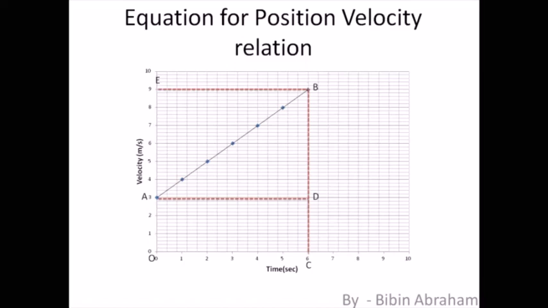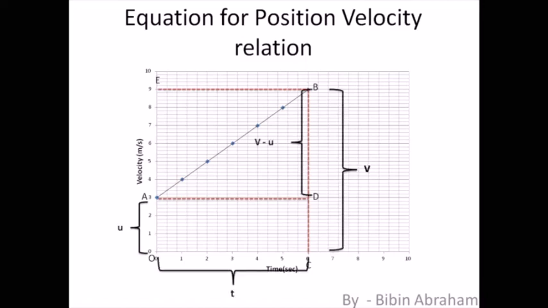I hope this is clear. AD or OC, both are the perpendicular distance between them. I hope this is clear, right? So this is how you will find out, right? Again, you know your U, your V, your T, right? And difference is V minus U, right? So trapezium is half into sum of parallel sides. Sum of parallel sides में आपका एक side हो गया U, another side is V, right? So U plus V multiplied by the perpendicular distance between them. Perpendicular distance between them क्या है? It is your T, that is AD. I hope this is clear, right?